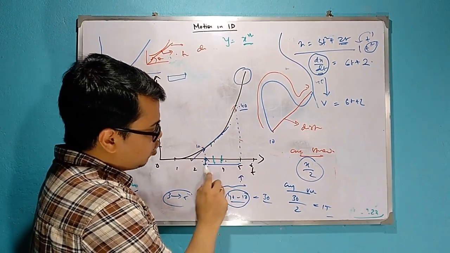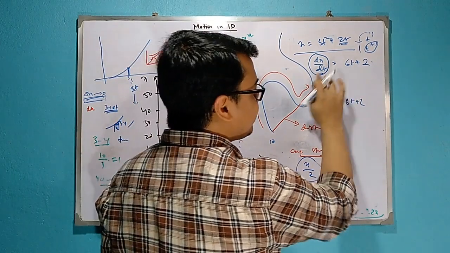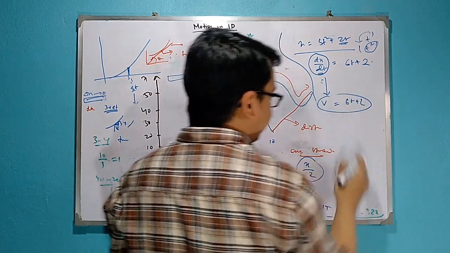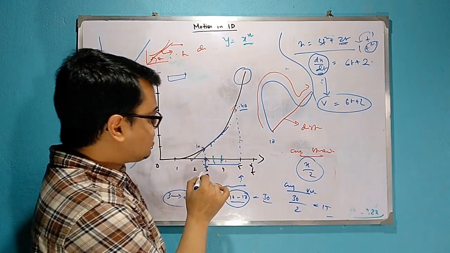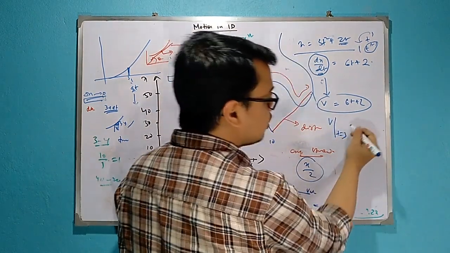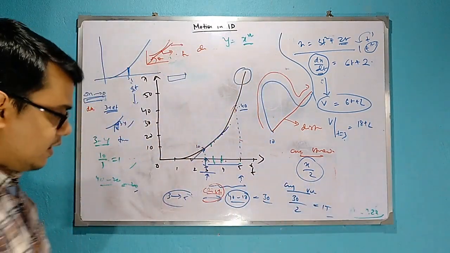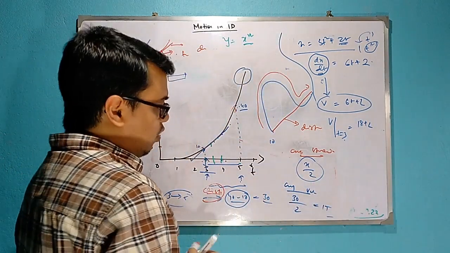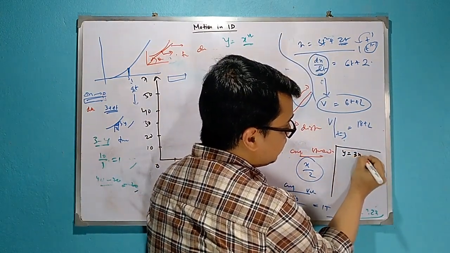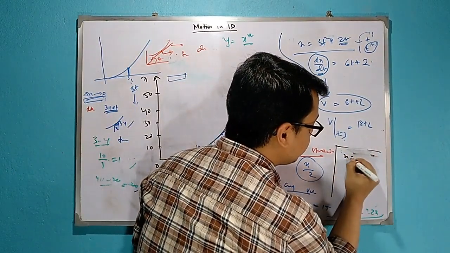So what is average velocity? Total displacement by total time. But what is instantaneous velocity? Take a very small time, that means take the derivative, and put in the time itself. If I want to determine the instantaneous velocity at t equal to 3, then just put t equal to 3 in v. So at t equal to 3, how much? 18 plus 2. Okay. Now from here one corollary arises. Suppose my equation was 3t plus 4, so x is equal to 3t plus 4.